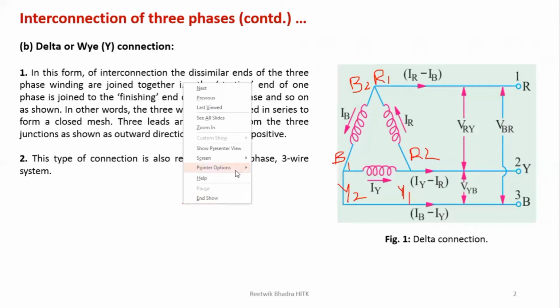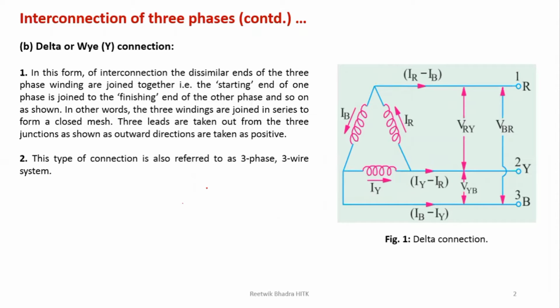Now if you compare this one with your star connection, I will just draw a star connection over here for you. There was a neutral point. This was your R, this was your Y, this was your B. So we studied star and said it is a 4-wire three-phase system. They both are three-phase systems, no problem. But 4-wire why? Because RYB plus neutral wire. But over here there is no neutral point, only direct three wires. So 1, 2, 3 terminals come outside from here. So it is a three-phase three-wire system.